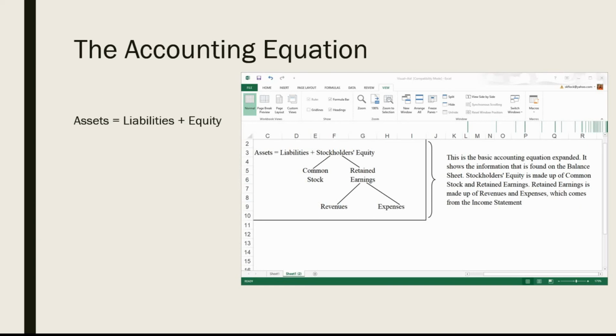Equity can be stockholders' equity if you're a corporation, or it could just be owner's equity if you're a private business. If you notice on my slide here, I've broken down the stockholders' equity into different components. What makes up stockholders' equity would be common stock. This is investments that owners or investors are making into the company, and they're receiving common stock in return. The other thing that affects your equity is the revenues and expenses of the company. As you're earning money and paying the expenditures of the company, it's going to have a direct effect on your equity. We'll talk more about this in later videos when we get into actually capturing information.